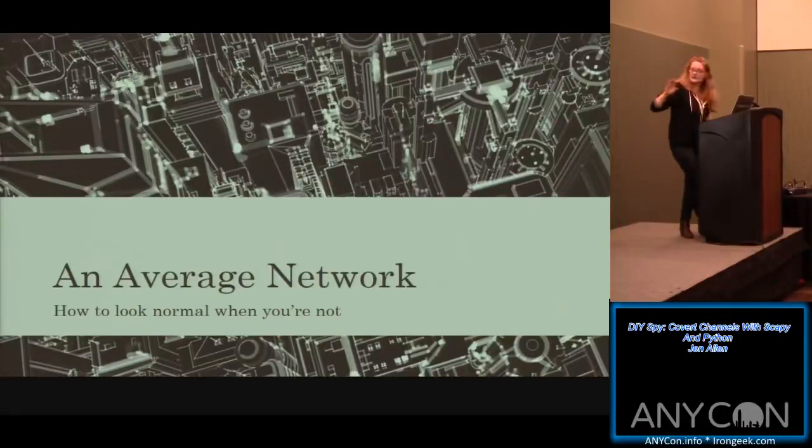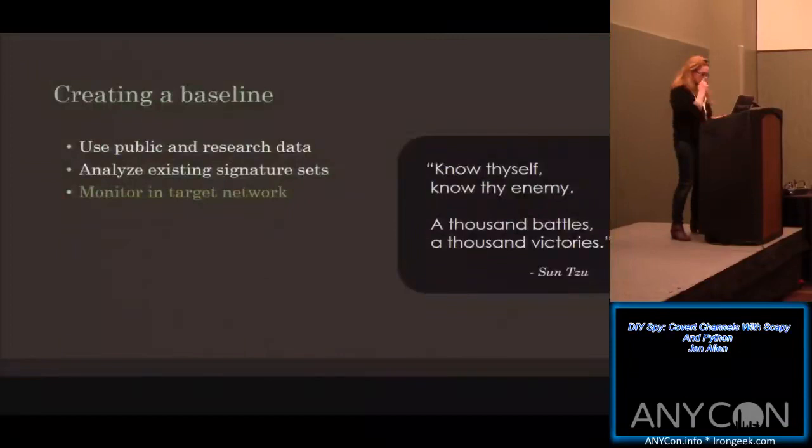We're going to look at the pattern matching that the network brain is doing. So we're going to say, okay, this network has these characteristics. What are they looking for? Are they picking out the elephants? Are they picking out the trunks on the elephants? Where does that data recognition end, and where is the void, the black box, where I can put information that won't be noticed? So first of all, we really need to create a baseline.